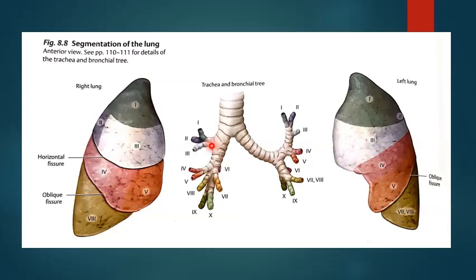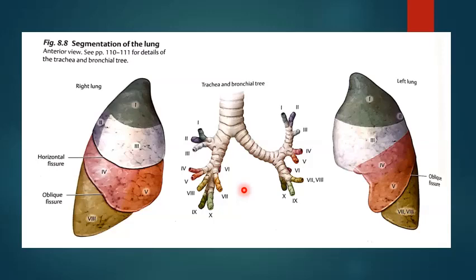That's because of the more vertical nature of this right bronchus. Any foreign body aspirated into the trachea tends to get aspirated onto the right side, into the right lung, right? So that point you have to remember as the clinical aspect. And the length of the extrapulmonary part of the right bronchus is 2.5 centimeters.